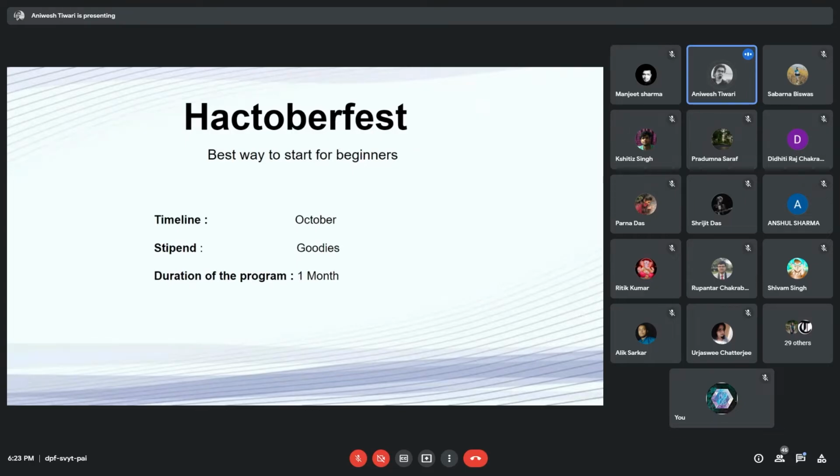So if you are a beginner and you don't know anything about open source, then attend our workshop tomorrow, practice, then apply it in Hacktoberfest, and win your goodies.